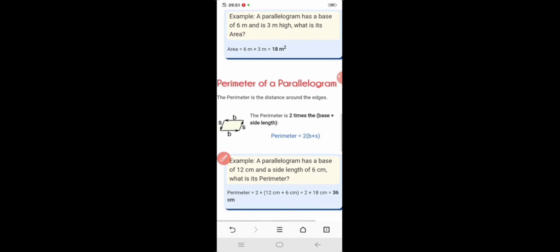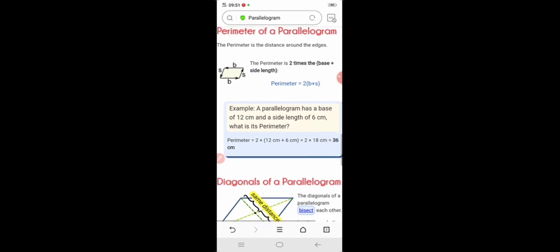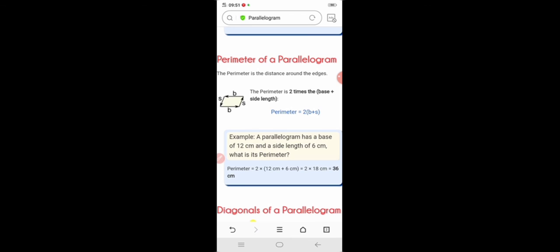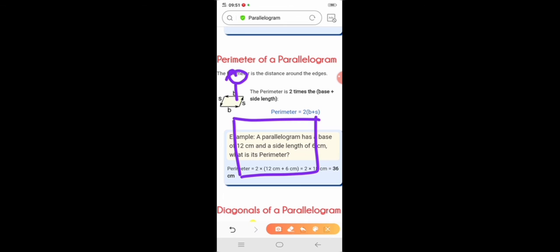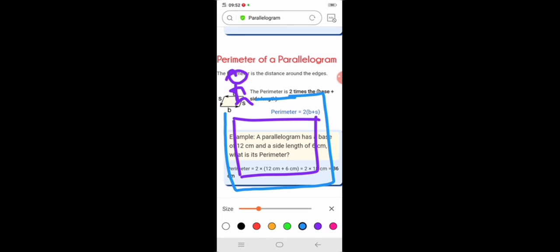Now let's come and talk about the perimeter. So what is the perimeter? As we defined, area is the space covered by an object. Perimeter is the distance around the shape. For example, let's take this rectangle shape first again. Let's suppose there's a man and he's walking around this rectangle shape. So he goes all the way from here, and back to the place where he started. So actually this is the perimeter, the distance around this rectangle shape, या इस rectangle shape के आसपास borders पे कितना distance है, that is actually the perimeter.